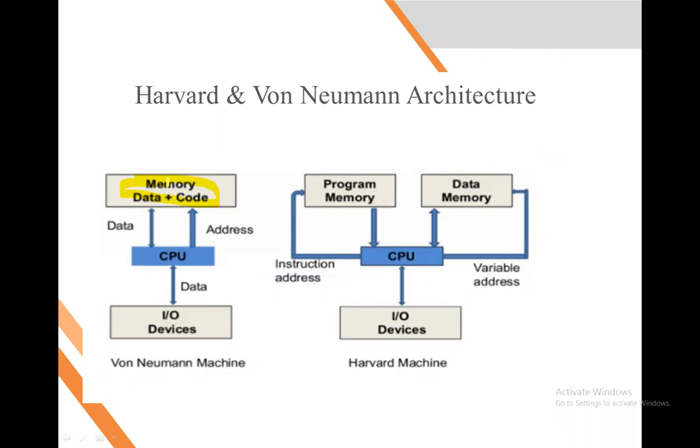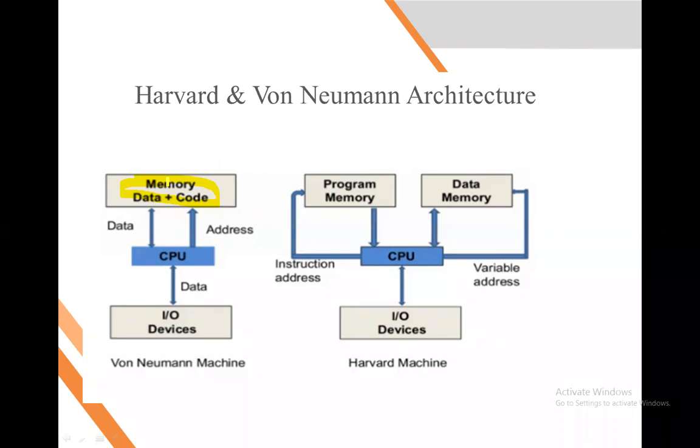So these are the two differences, and where we have to use a controller, we have to design it accordingly. Where we can accept a complex structure but require a higher speed of calculation, we use the Harvard structure. But where the speed of calculation can be less and we require a less complex structure, we can use the von Neumann architecture. So depending on the need, we design a microcontroller.